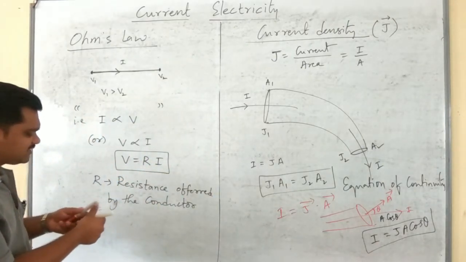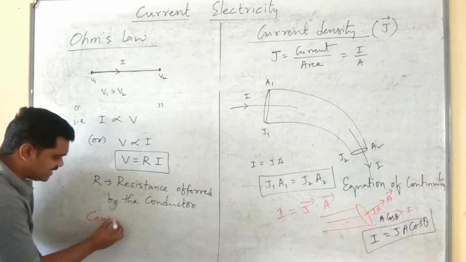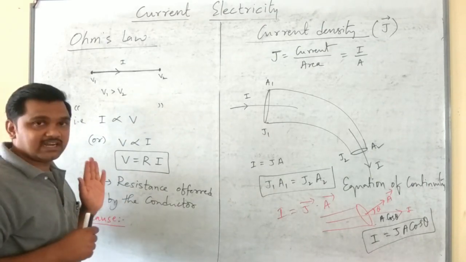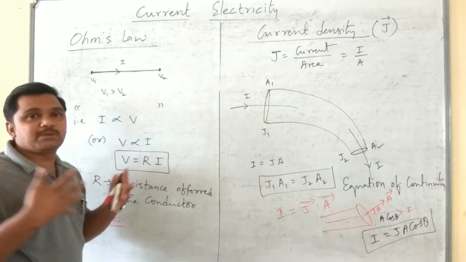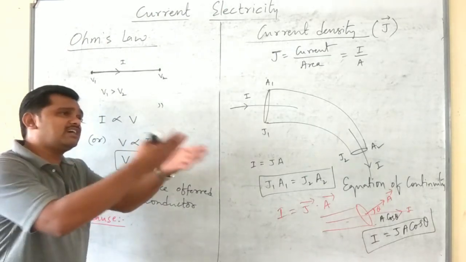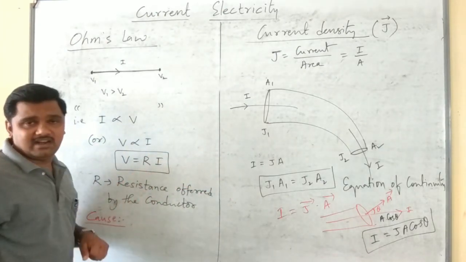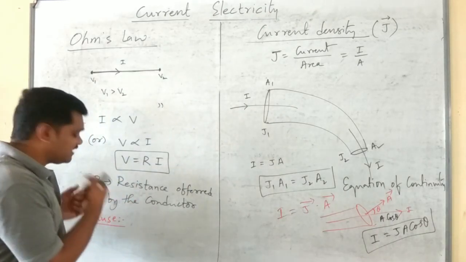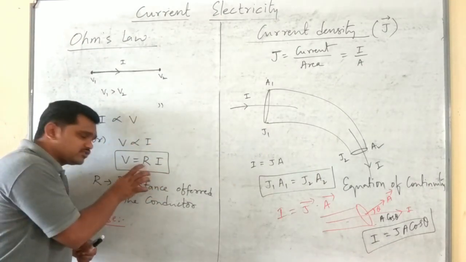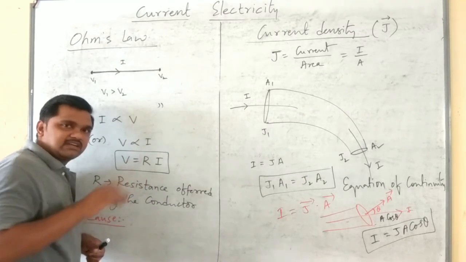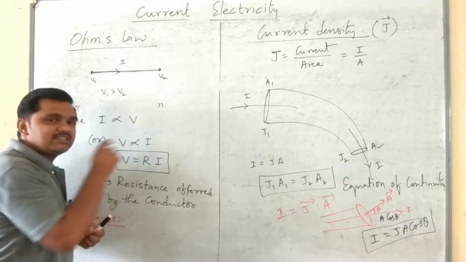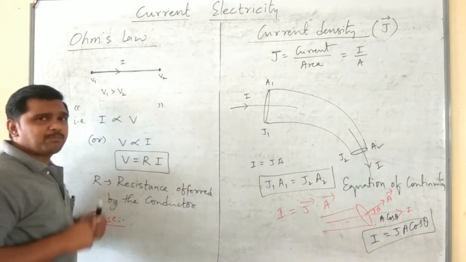What is the main cause for this resistance? Sir, why does resistance come to a conductor or any substance? It is due to multiple collisions between free electrons, or the electrons with the other atoms or ions present in the crystal, otherwise metal. Here resistance will come. Why resistance comes: whenever there is a flow of electric current, only then do we say R. Without I, we can't expect this R. So when will current flow? Whenever there is a potential difference, only then does the current start to flow. When can we expect the potential difference?